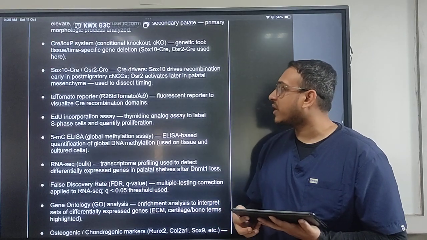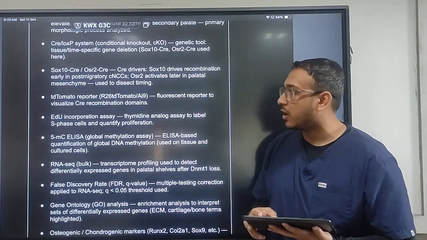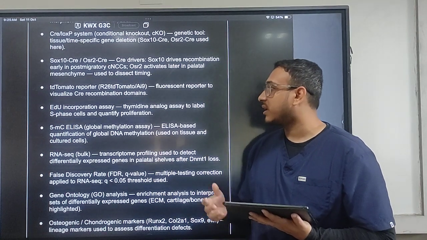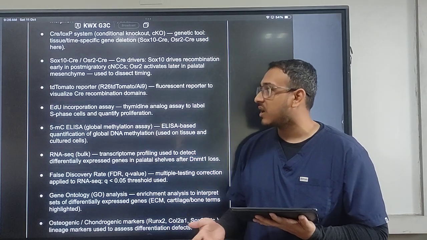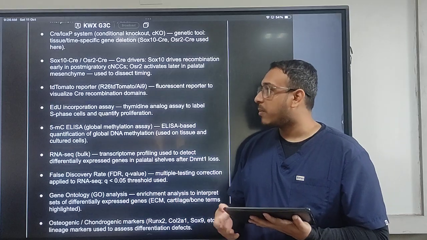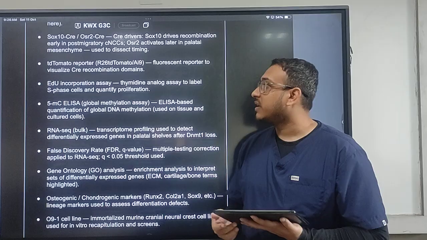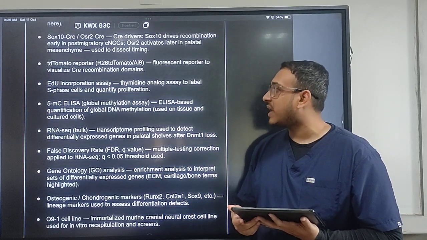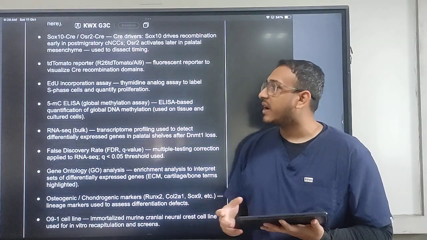The tomato reporter is a fluorescent reporter to visualize the recombination domains. The EdU incorporation assay is a thymidine analog assay to label the S phase cells and quantify proliferation. The 5mC ELISA is an ELISA based quantification of global DNA methylation, used in this study on tissues and cultured